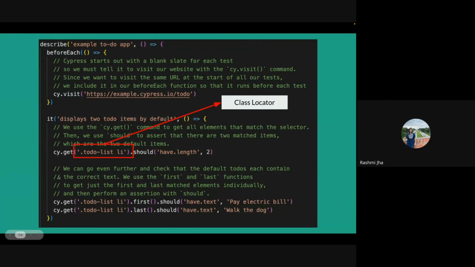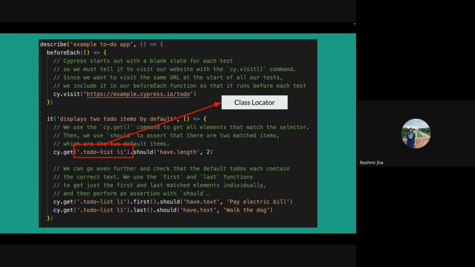So here cy.get is a command to get all the elements that match the selector, and here the selector is a class locator. Here .todo-list is a class name, and as we have used the dot, it becomes a class locator. Following with li, the list item element has the class name todo-list.